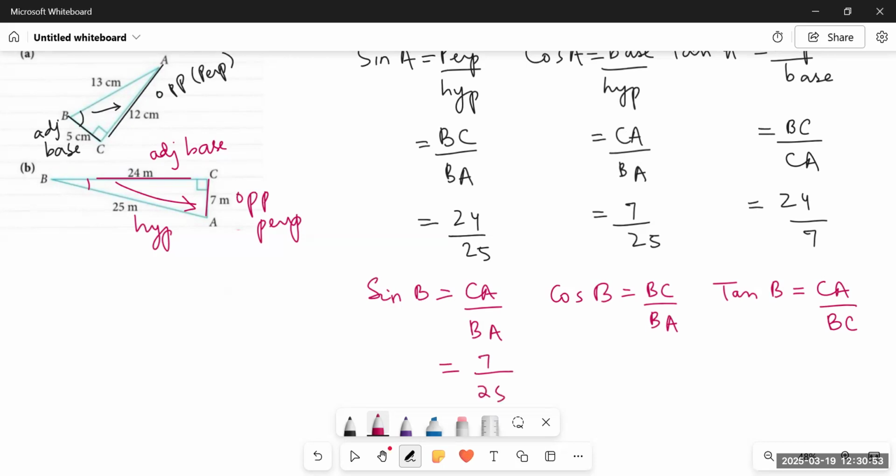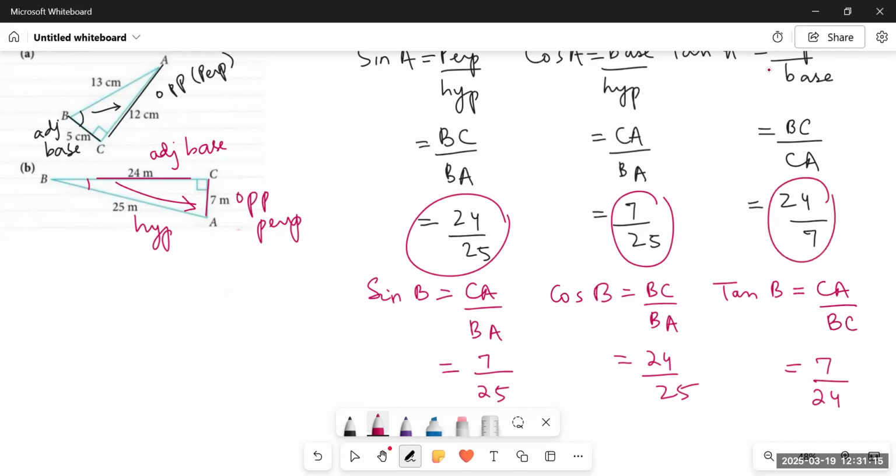So in this case, CA is 7 upon 25. You see, I told you cos A and sine B would be the same. Then BC is 24 upon 25. So you see, sine A is similar to it. And then comes tangent. So CA is 7 and BC is 24. So the formula would be the reverse of 24 upon 7. This is how we have to identify the formulas. That's just a game of identifying the perpendicular and the base of the given angle and then putting the values according to the given formulas.